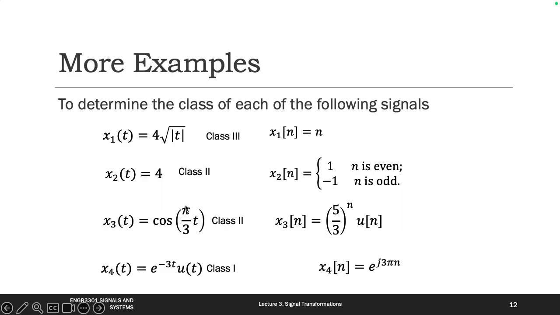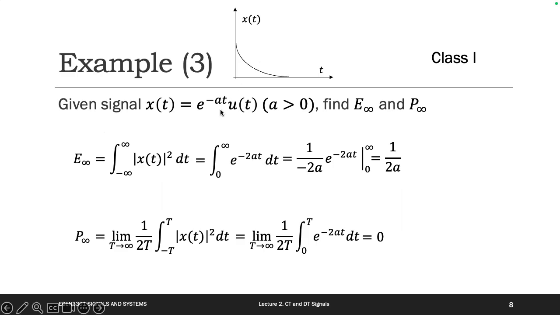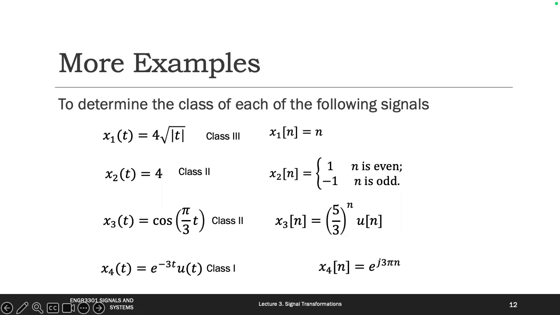It's just similar. This one, alpha is just equal to 3. That makes sense to you? It's just equal to 3. Okay. And then how about this one? When n goes to infinity, what's the value? And how about this one? x1, when n is even, the value is equal to 1, and when n is odd, it will also be 1.